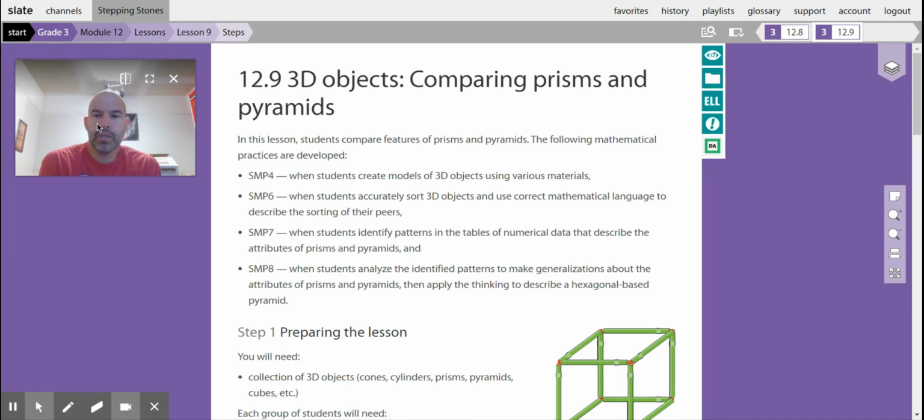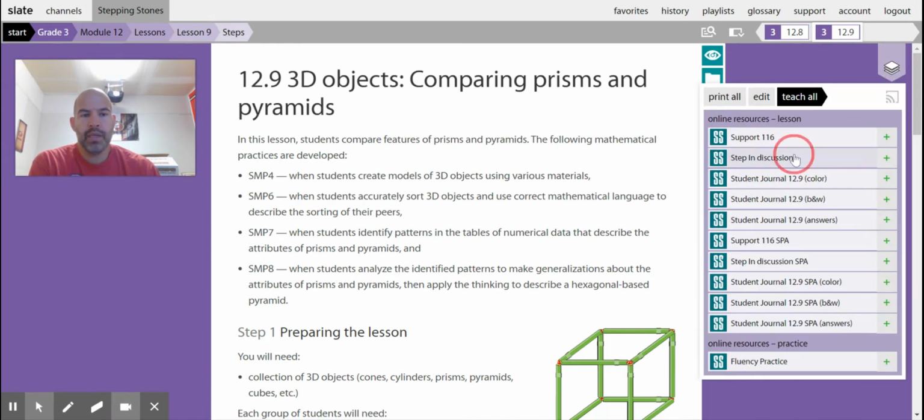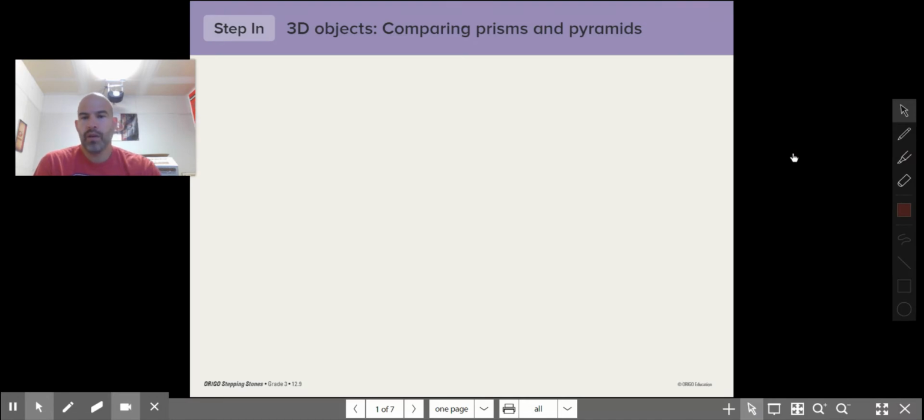Today's lesson is module 12.9, 3D objects comparing prisms and pyramids. We don't have any slides. We're going to go right into the step-in discussion and take it from there. Okay, so first of all,